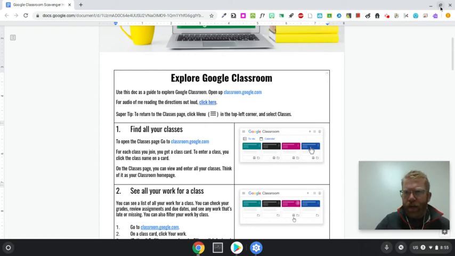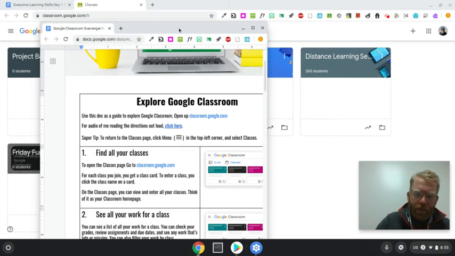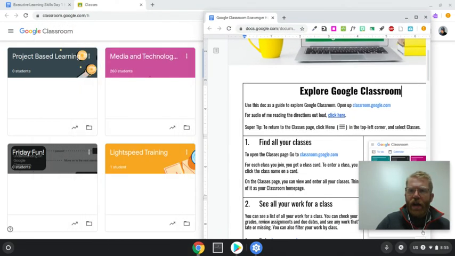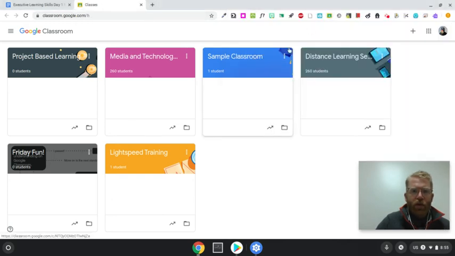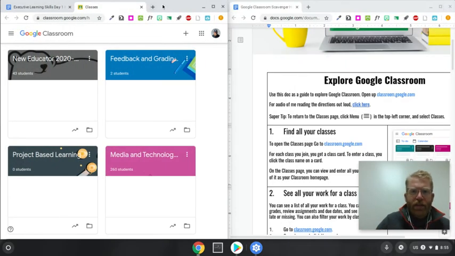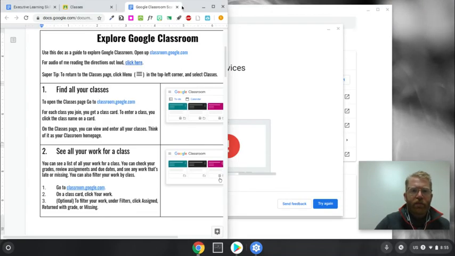Now, I'm going to go in the top right and click these 2 boxes icon, and it's going to minimize the screen. I'm going to click here on the top and drag it over to the right. Then I'm going to do the same thing with Google Classroom. I'm going to click this 2 boxes icon, and it's going to put it side by side for me. Now I can see both things I need in a split screen format. So when it says to find your classroom by going to Google Classroom, it's right there. I can do it. Cool. So maybe that's helpful for you. If not, you can just